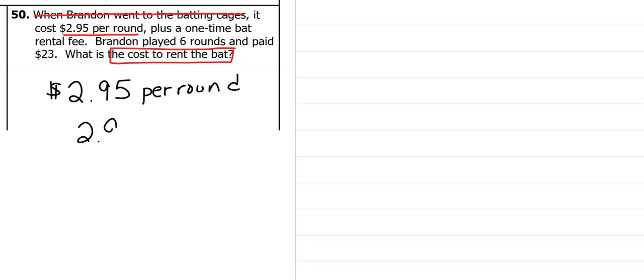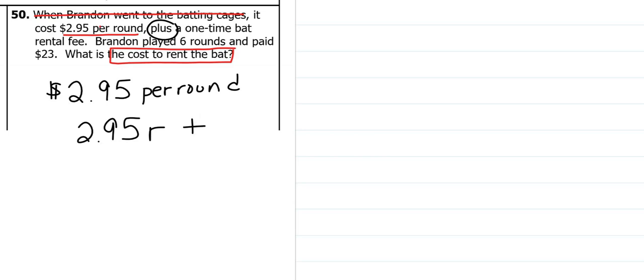Let's go back to the beginning. When Brandon went to the batting cages, okay, well, that doesn't really give us anything. It costs $2.95 per round. That word per means you're going to multiply the number of rounds by $2.95. So I'm going to write down $2.95 per round, which is going to translate into 2.95. Let's use R for round. So 2.95 times the number of rounds